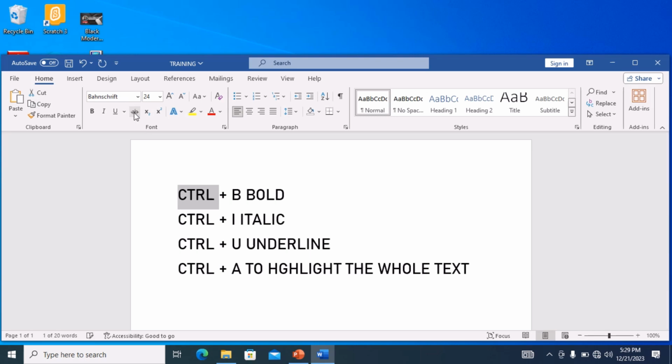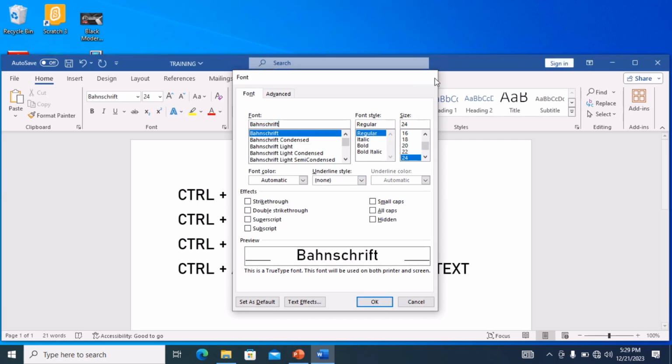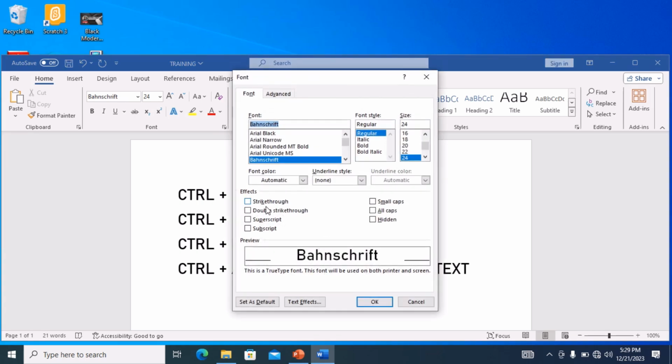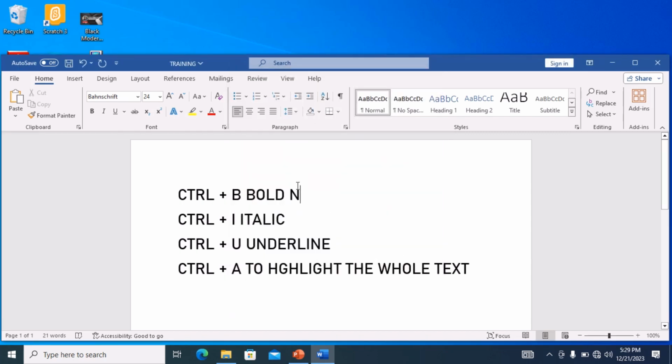And for Nigerians, some offices don't have a naira sign, so you can create a naira sign. For example, you can type an N, then use Control D, which gives you an option. And if you don't want to use Control D, you can use this arrow, it will give you the same option too. So what you need to do is, when you type N, you highlight it, then use Control D or this arrow,